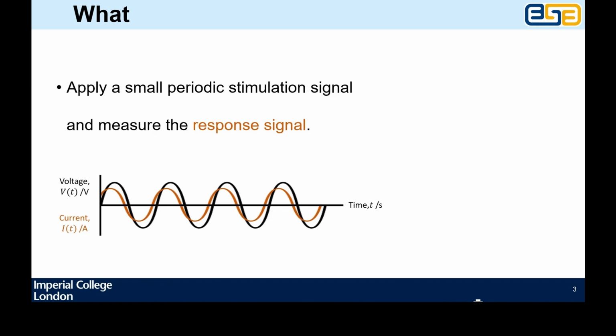And of course, the vertical axis of this thing, one of them is a voltage, one of them is a current. You can stimulate the voltage and measure the current. You can also stimulate the current and measure the voltage if you wish. Why are they